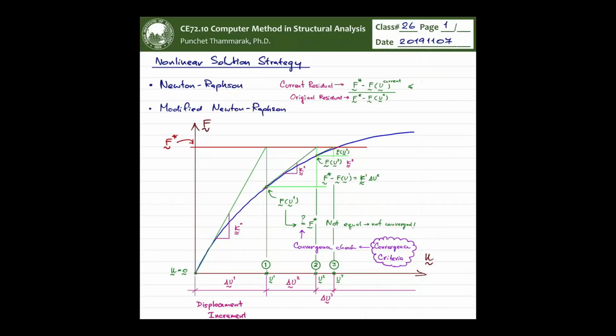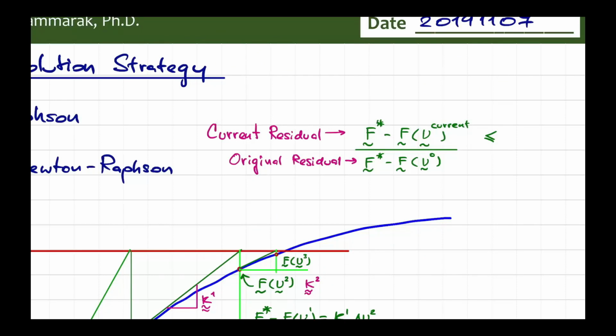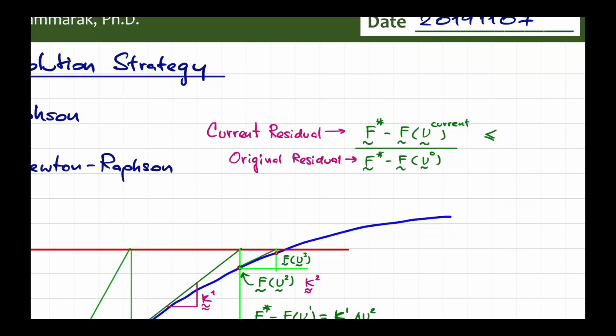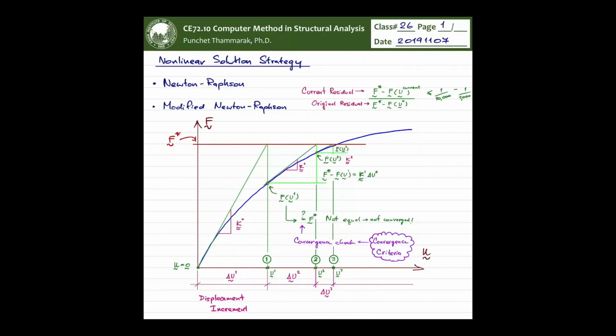It has to be less than some number. And I told you last time that this error will accumulate. So if you minimize the error, then when your analysis is long, like you do the nonlinear time history analysis,